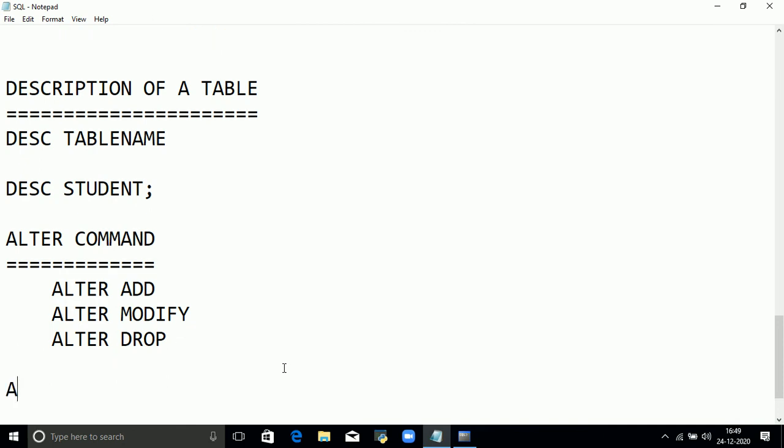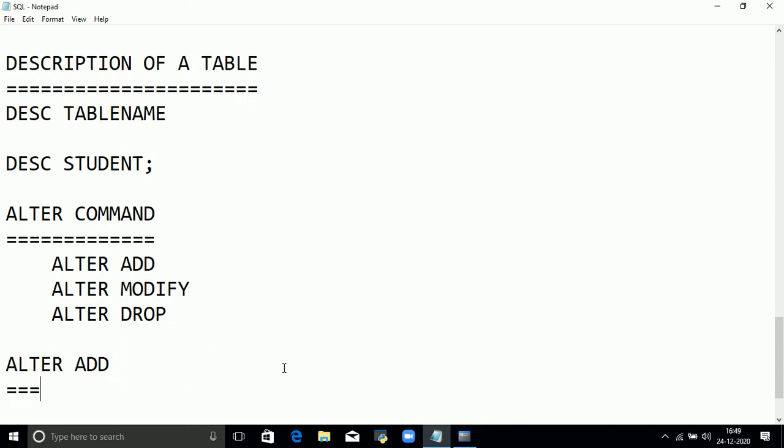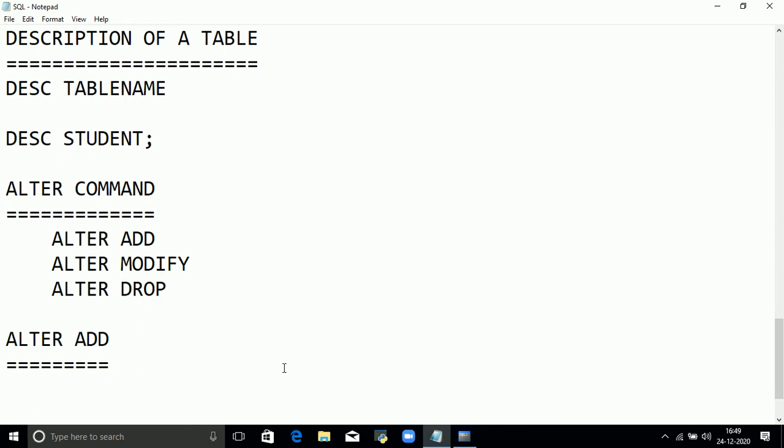So the first one is the alter add command. What is the syntax of alter add? Alter table table name add. Why do you use the alter add command?